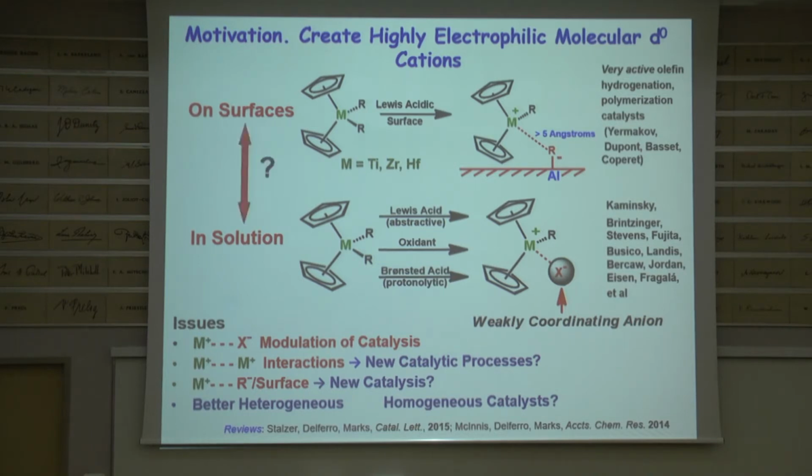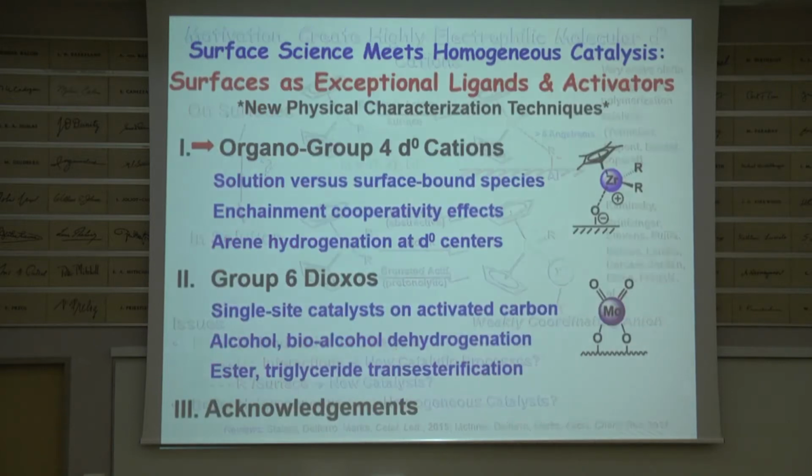And so ultimately, what is the connection? Do we really have a valid model here for what's on the surface there? Can it be that heterogeneous catalysis really can teach us to make new homogeneous catalysts? And that's the second part of the question here. So where do we begin? We begin by telling you what I'm going to tell you.